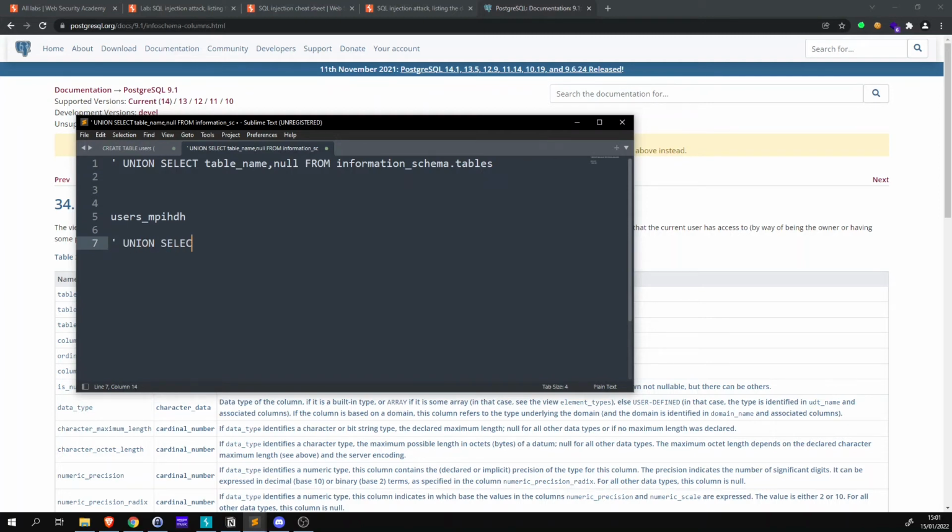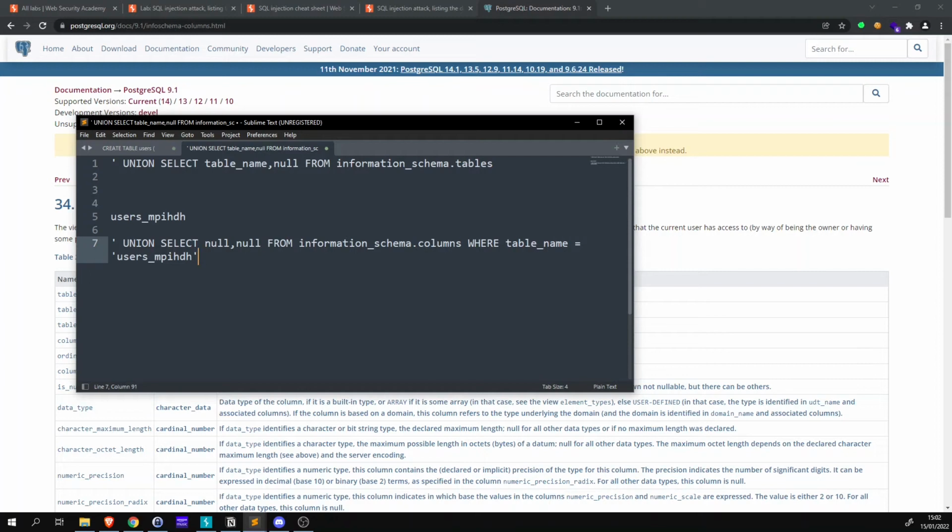We would go union select. We still need to return 2 columns, so let's just put null and null just for the minute. Then this time we're going to be tapping into the information schema columns instead, because we want to know information about the columns and not the tables. But this time we have a table name, so we don't want all the information from every single table or every single column, because that will be quite a lot. So we want to narrow it down to where table name, because we already know the table name from this search here, and we know that this is the table name. So where table name equals